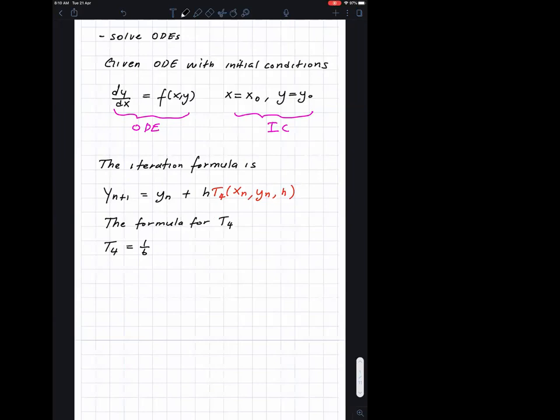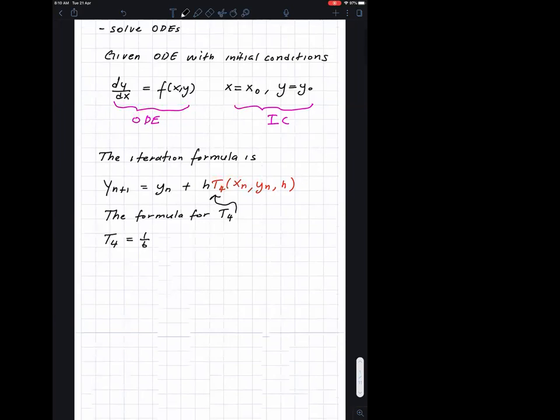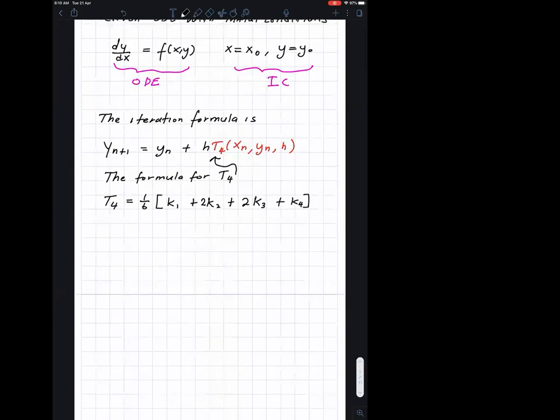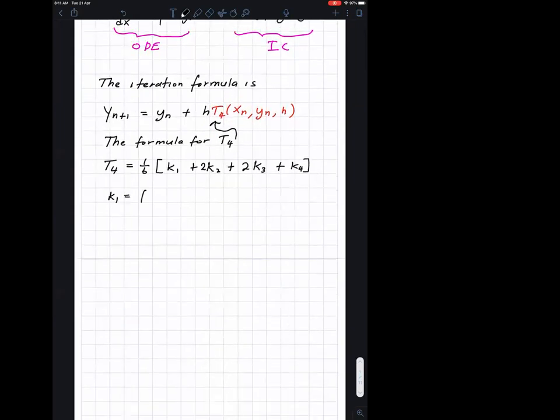The formula for T4, now I'm talking about this T4 here, is 1 over 6 of K1 plus 2K2 plus 2K3 plus K4. K1 is f(x, y). K2